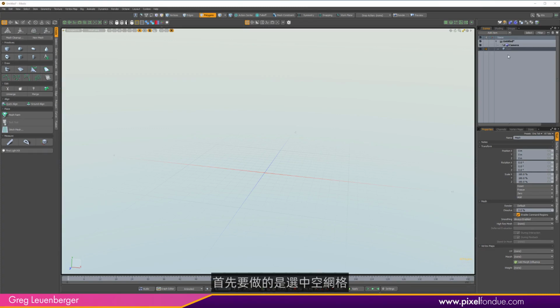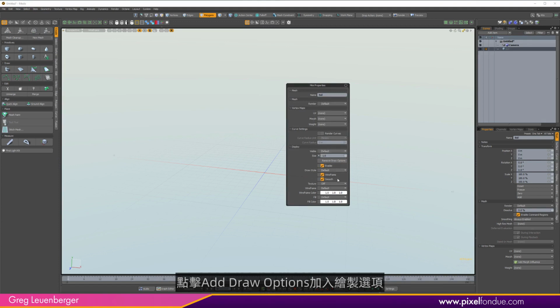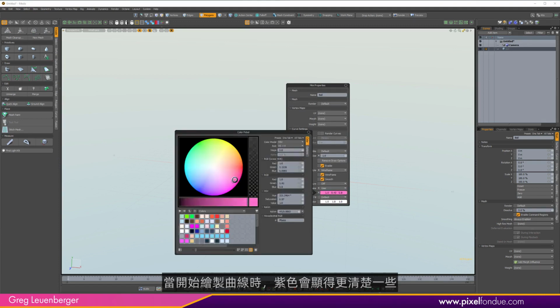First thing I'm going to do actually with my empty mesh selected here is press space to bring up mini props. I'll rename it Bell. This will be the jellyfish Bell. I'm going to click add draw options. I'm just going to change the colors a bit so it's a little more visible. In my viewport here, when I start drawing some curves, purple shows up pretty well, so I'll just do sort